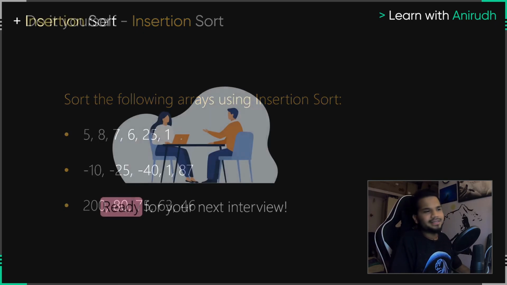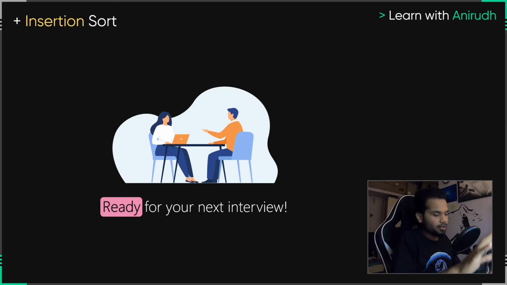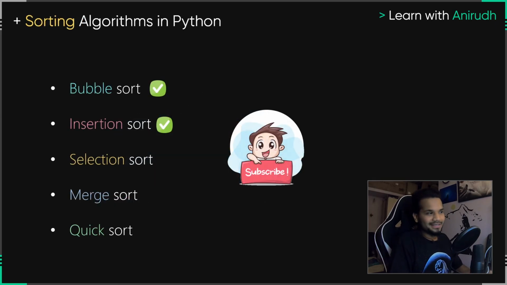Now, one important thing: whenever you are asked about how you can go about doing insertion sort, you know the logic. You mess it up first, then fix it. You mess it up and you keep fixing it until it's finally fixed. That is a simple way to remember insertion sort. And I bet with this, you are ready for your next interview. If you're asked about insertion sort, you know the logic, you know how the algorithm works, you know the example, you know the code. So by the end of this episode, you know what insertion sort is.